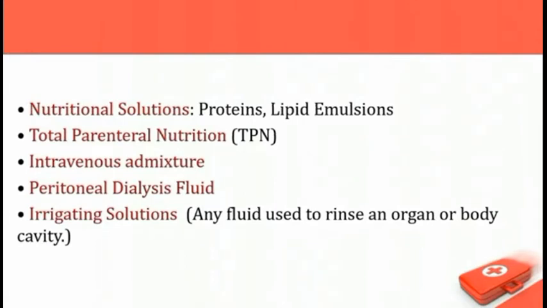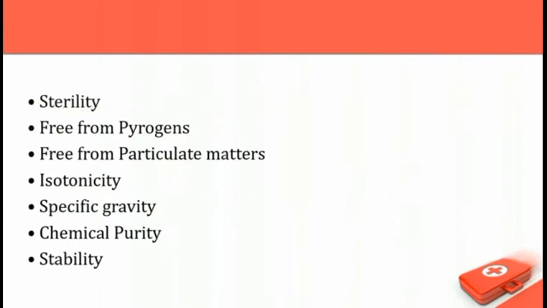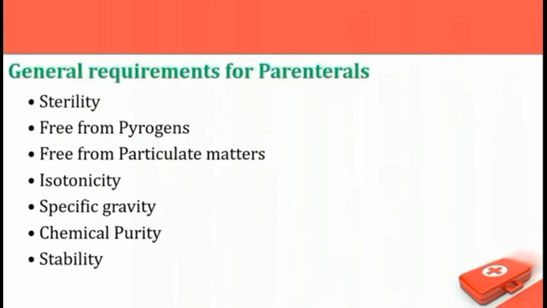These percentages are not that important, but the antimicrobial preservatives are most important. They are phenyl mercuric nitrate, phenyl mercuric acetate, methyl paraben, propyl paraben, thiomersal, phenol, benzyl alcohol and chlorobutanol. These are the antimicrobial preservatives used in parenteral preparations. Next we see some antioxidants in the parenterals.